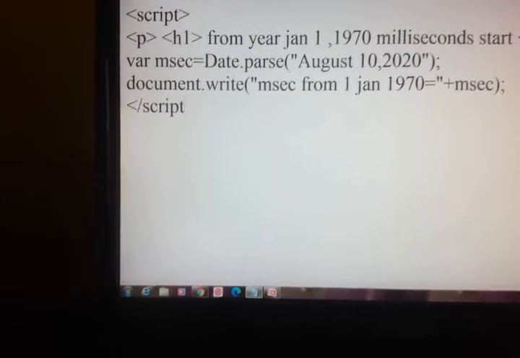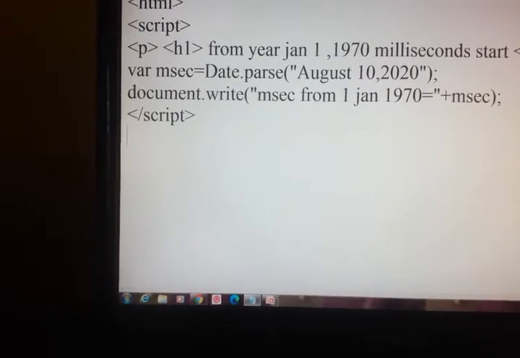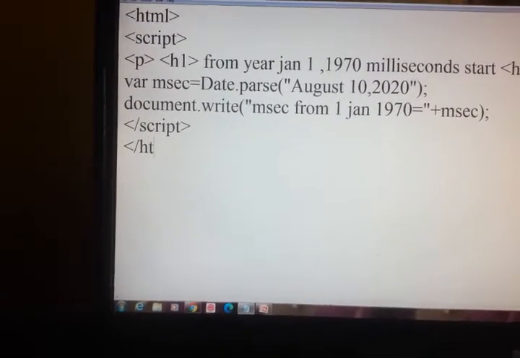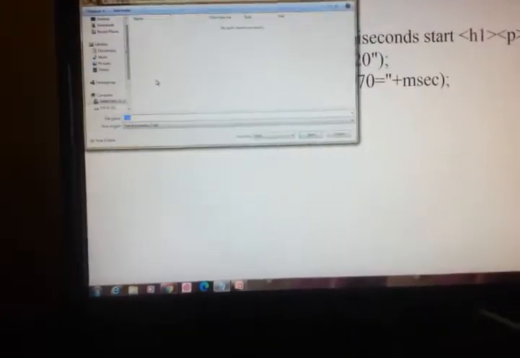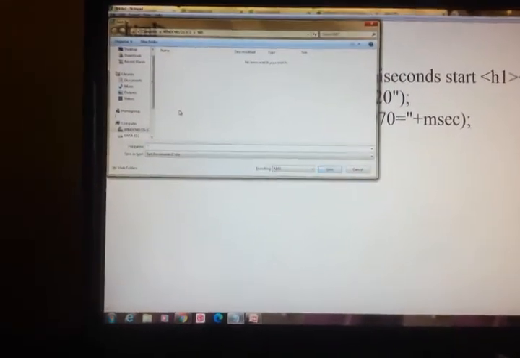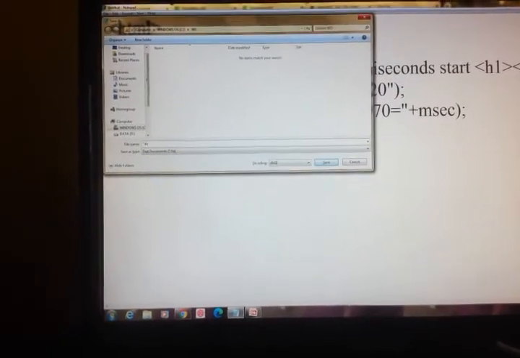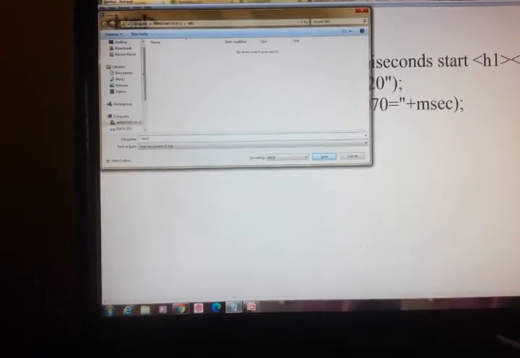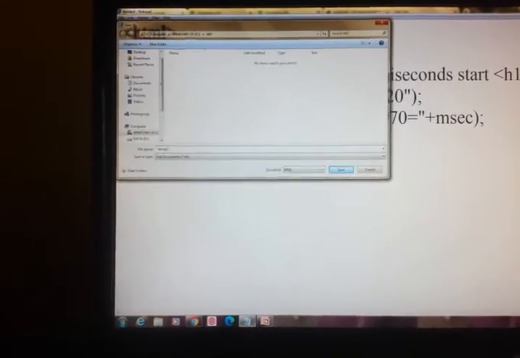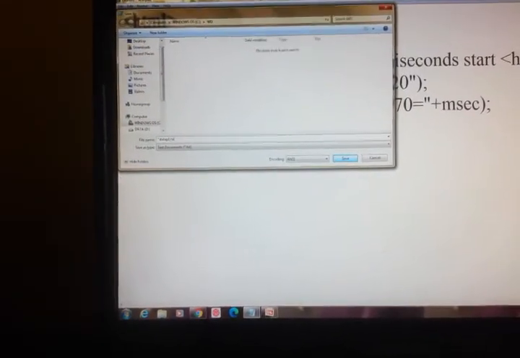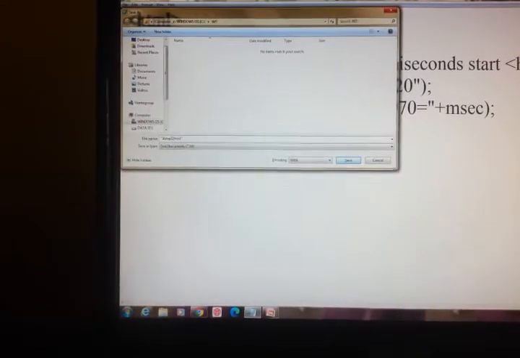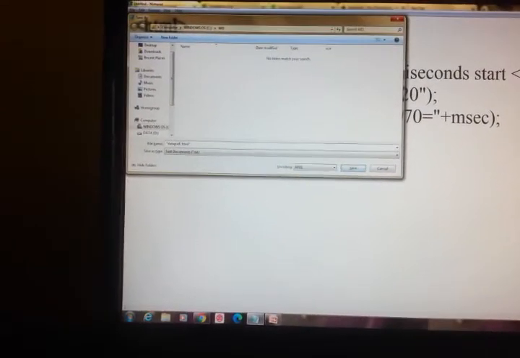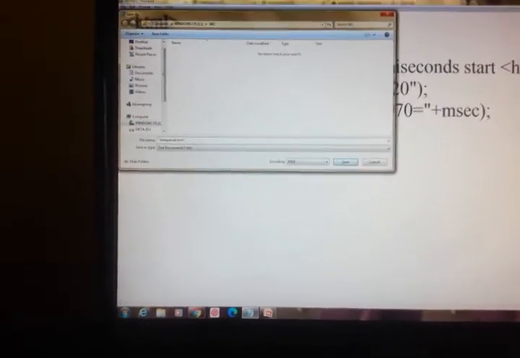Just close script, close HTML, and save it as date p1 dot html.